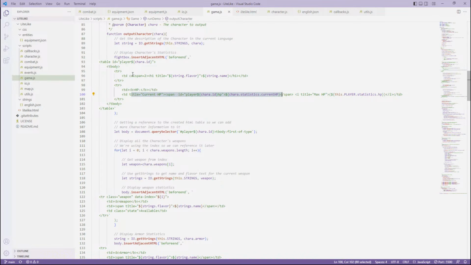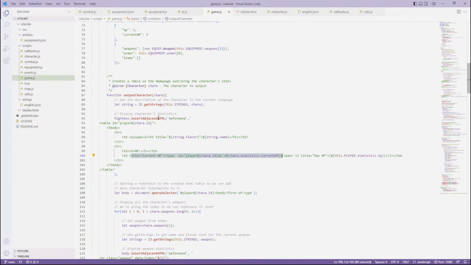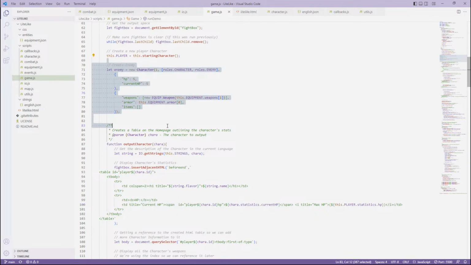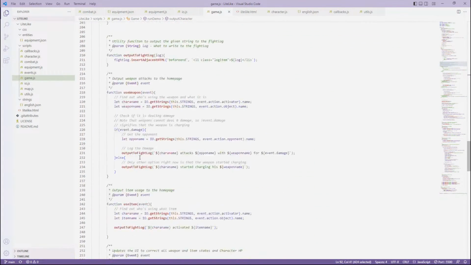I added all this stuff in because originally I was just going to print out the base stats of the characters and then just verbally in lines say what was happening during combat, log what was happening during combat. I decided to actually update their stats in real time. So now during each of the loops, if we come down here,